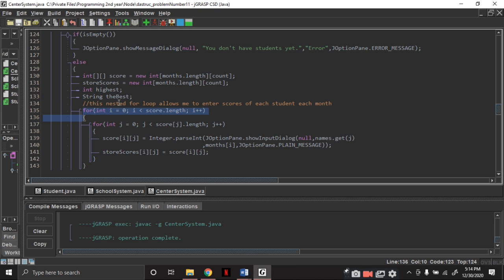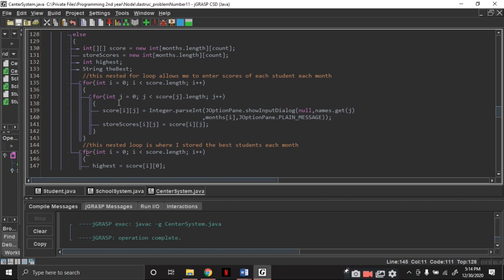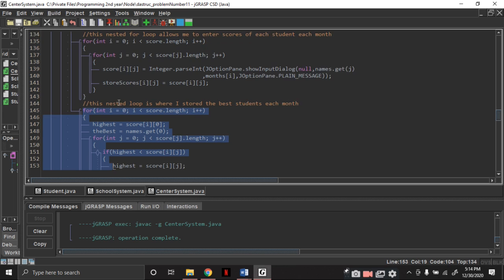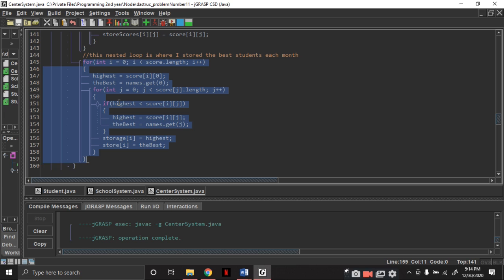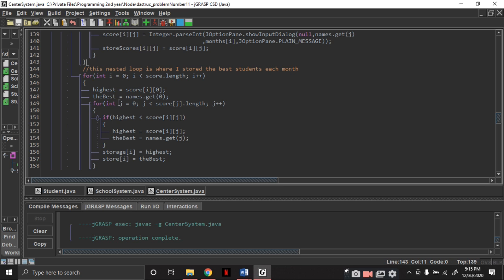Then this nested for loop asks the user for an input, and after that this nested for loop again gets the best scorer, the best student of each month.